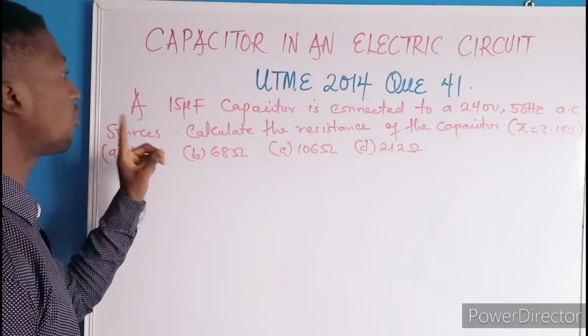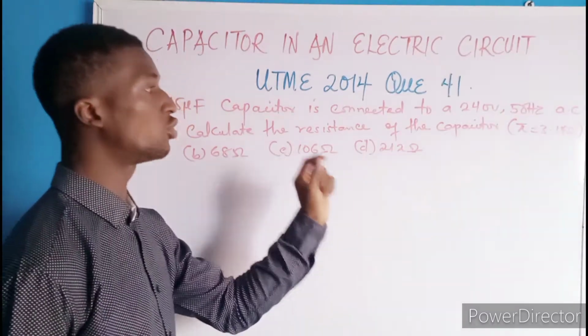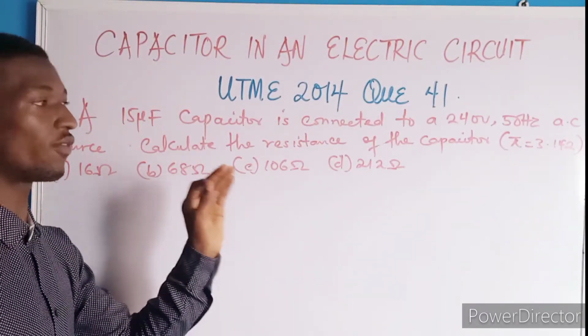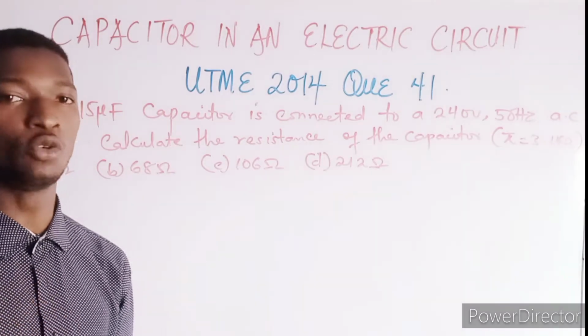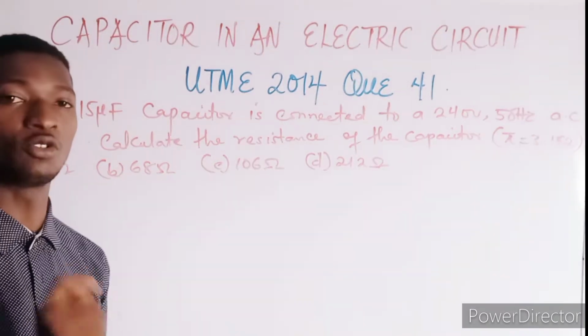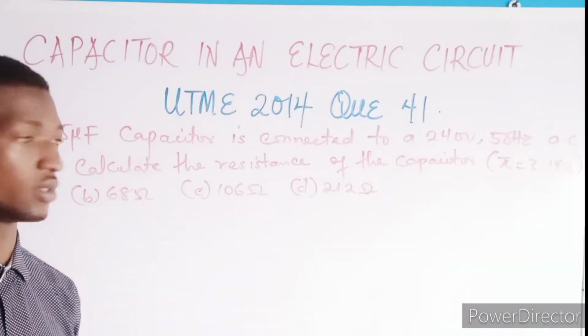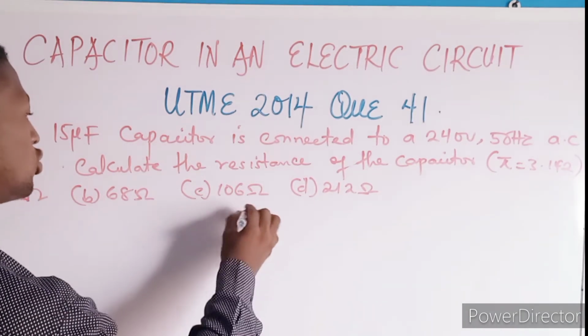A 15 microfarad capacitor is connected to a 240 volt 50 Hz AC source. Calculate the resistance of the capacitor. Now in this case, we're told that another use of a capacitor is to offer opposition to the flow of current in an alternating current circuit. So in this case, we can express the capacitive reactance, which is the resistance offered by the capacitor, to be